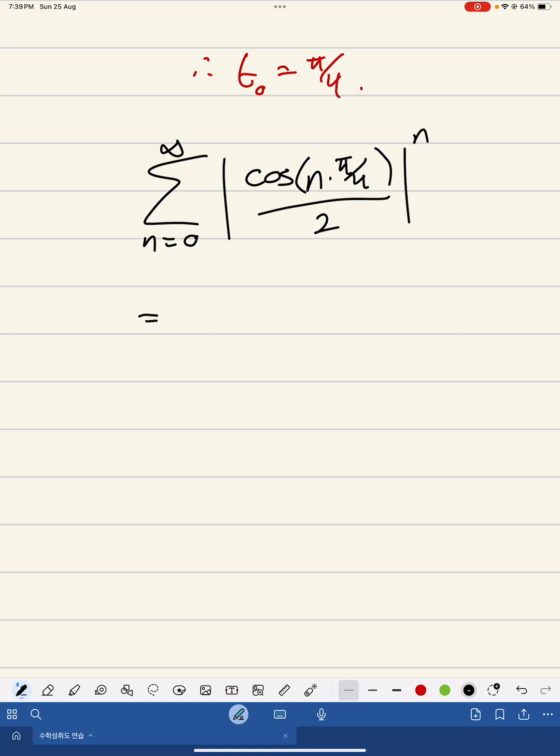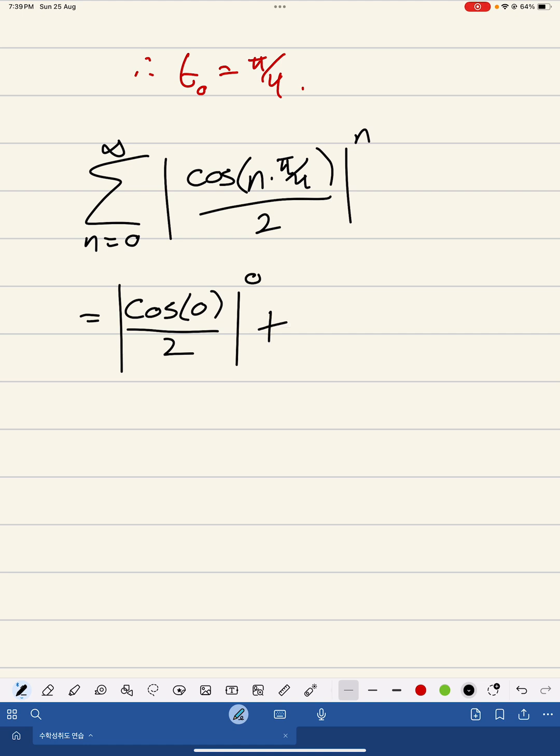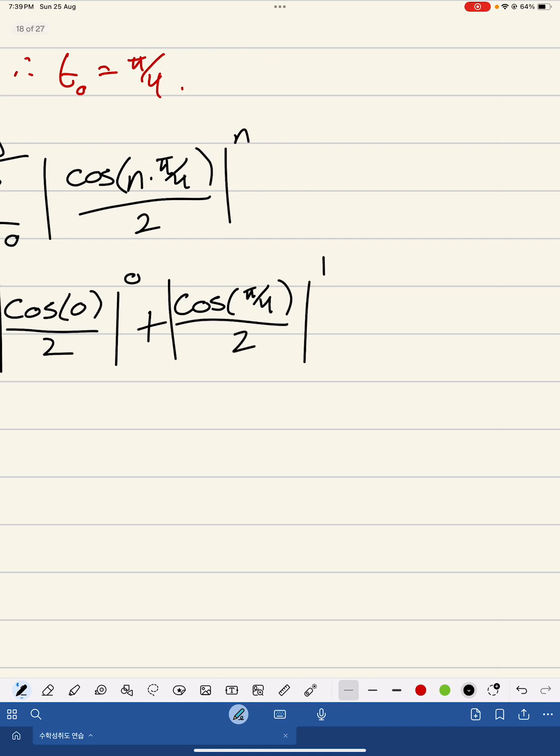This is equal to, when n is 0, cosine of 0 over 2 absolute value to the 0, plus when n equals 1, cosine of pi over 4 over 2 absolute value to the 1, plus absolute value when n equals 2, cosine of 2 times pi over 4, I'll just write it as pi over 2, over 2 absolute value to the 2,